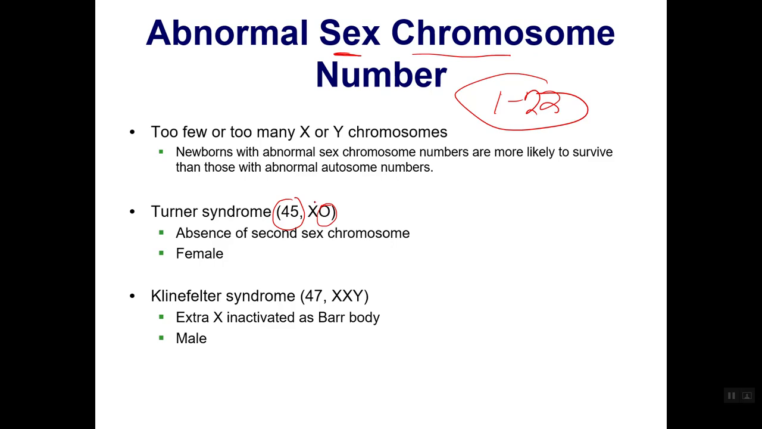So, for example, if a person has a single X chromosome in their sex chromosome set, but that's it, when they should have an X and another X or a Y, then we call that Turner syndrome. That's where we have an absence of a second sex chromosome. These people are considered technically female. They have a lot of female characteristics, but they do have some telltale